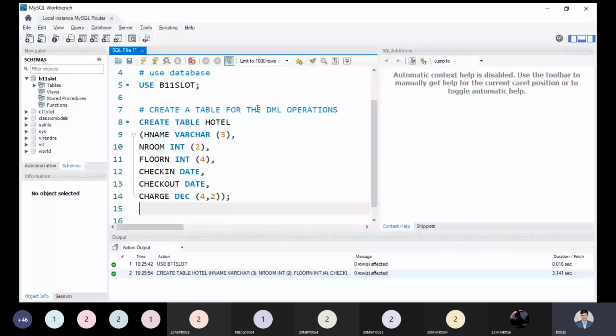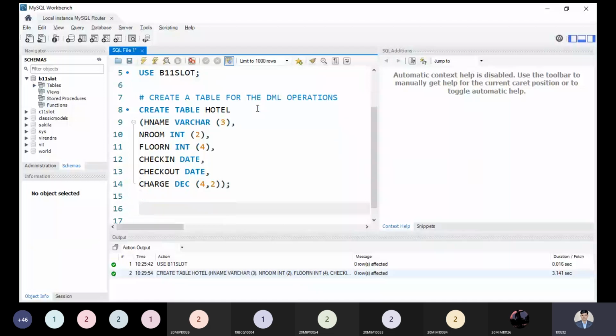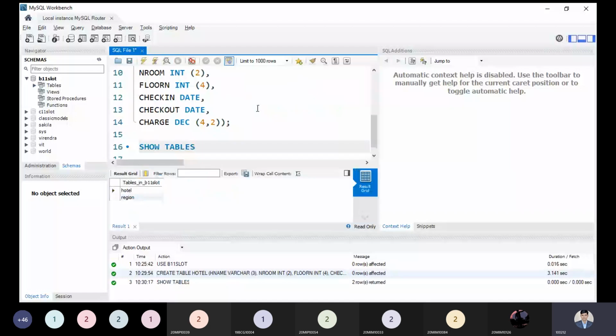So let us understand how many tables we have. What is the information, as we know? What is the show tables syntax? With this syntax, you will be able to see how many tables we have. Within a couple of seconds, you will see we have two tables. One is total, and another one is reason. The reason table we already created in the previous lab, so that's why we have this one. So now we have the total table. Okay.